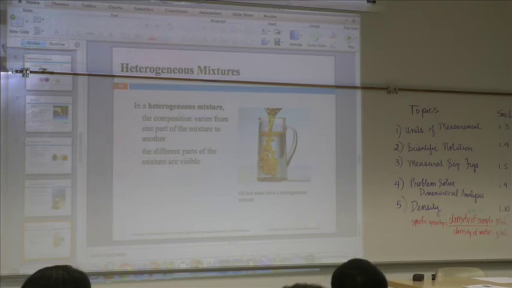So a heterogeneous mixture, when you take, say, oil and vinegar to make a vinaigrette, right? And they don't totally dissolve, they separate, so you can see, so heterogeneous. So take note of that, because you will have